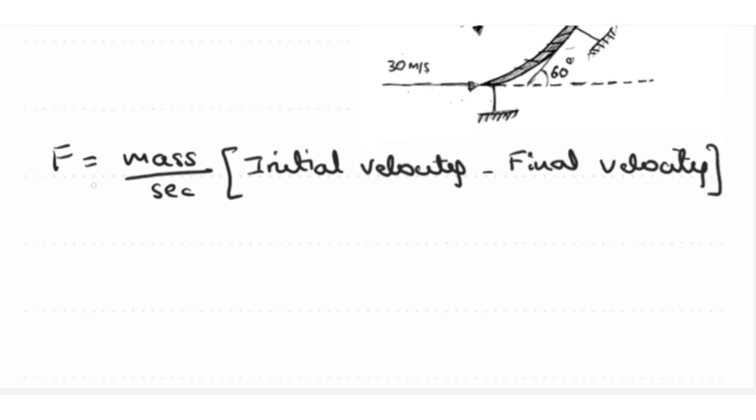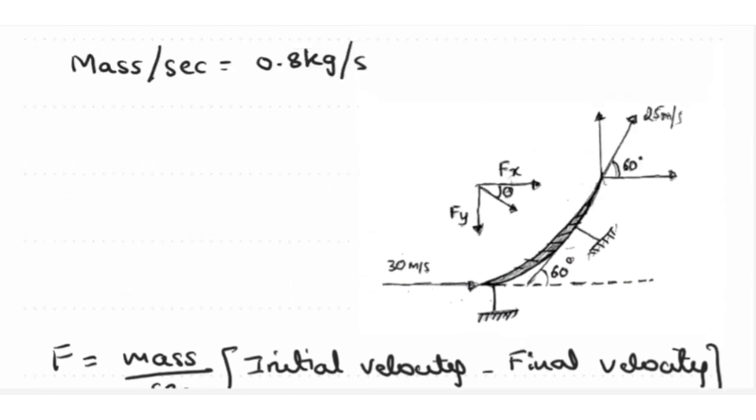So if you write for Fx, that is mass per second into initial velocity, we can write v1 is equal to 30 meter per second and v2 is equal to